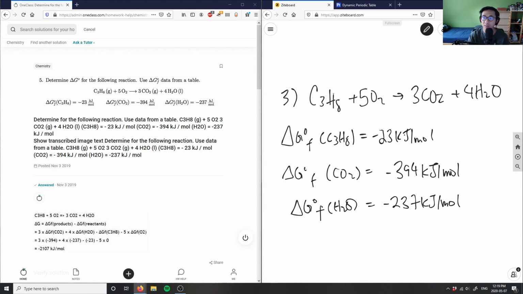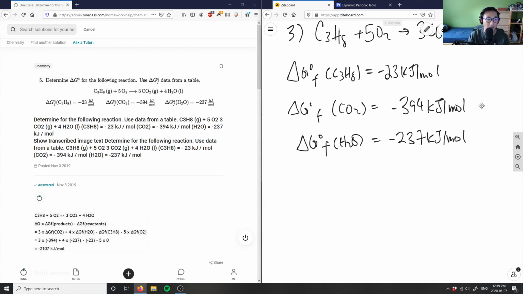So let's do this problem, and we're going to say that we know delta G naught of this reaction here. You can think of this problem as kind of like Hess's law, right? Where Hess's law states that the enthalpy change of the reaction is simply the energy change of the products minus the enthalpy change for the reactants, right? So I can basically say that delta G here for the reaction will also be